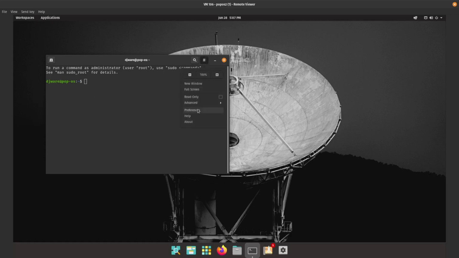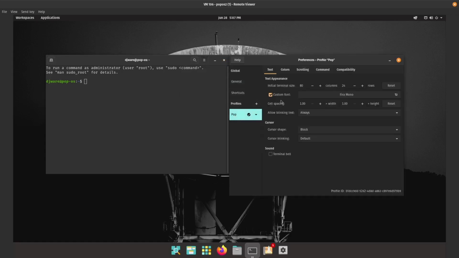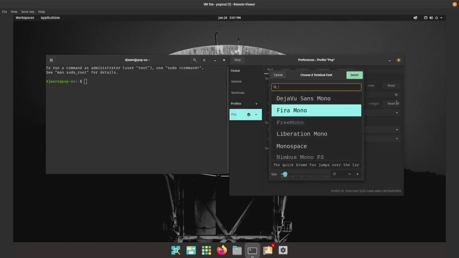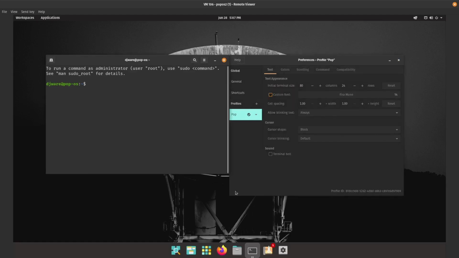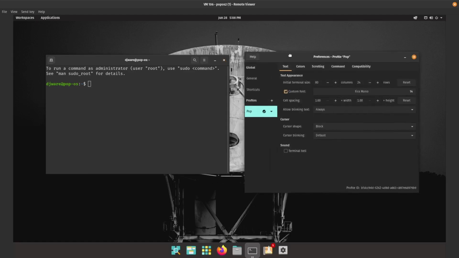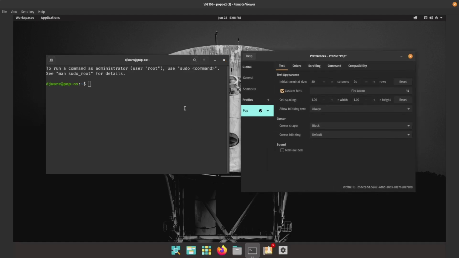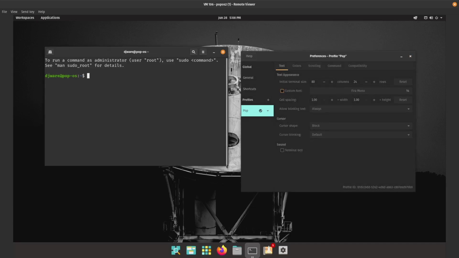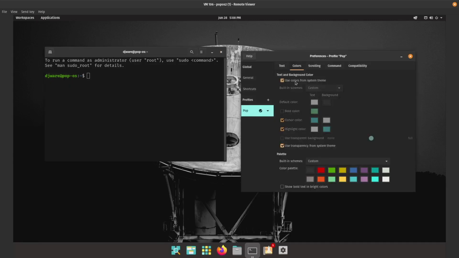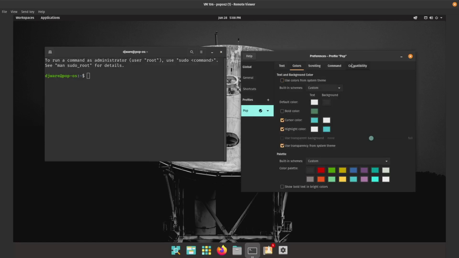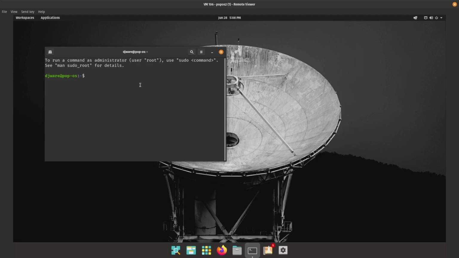So let me get this sized up first. Now, one of the things that has always been my complaint with Pop!_OS, it's minor, but yeah, it resizes the font, but look, well, I guess it did. Never mind. I have been proven wrong. So that's good. It's nice to see that they fixed that. One of the complaints I had in the past was you always had to drag this window out, but that's no longer true. So very good. And then I can set whether I want to use system colors or the default colors that came with the theme. I'll leave them at default for now, and let me see if it's